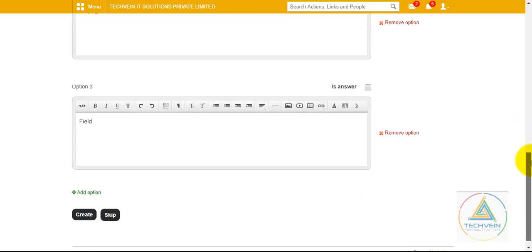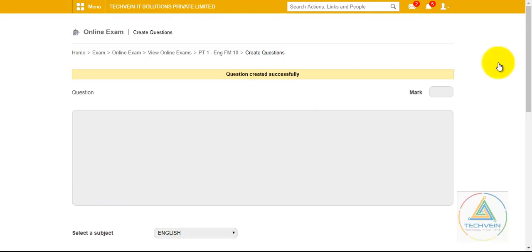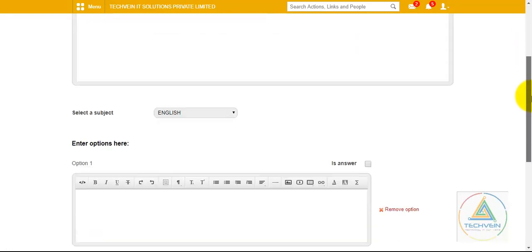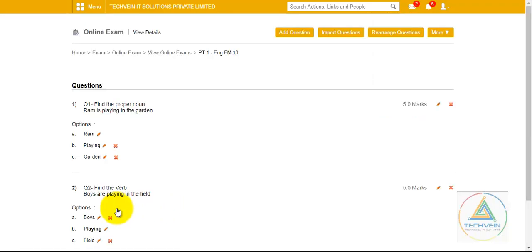Now once done, we will create it. Once we have created it, then we will go to the skip option. So from here we have seen that 5 marks, there are 2 questions containing the marks and the options.